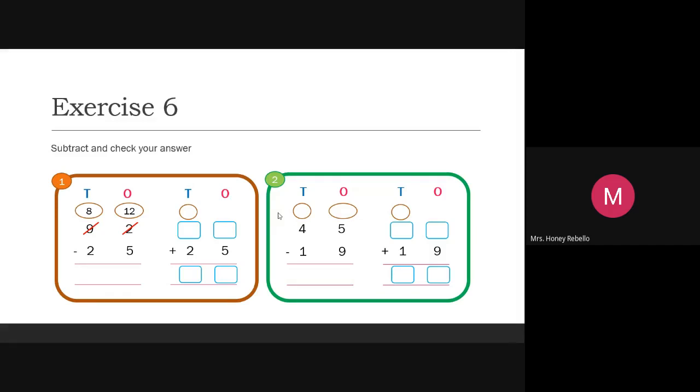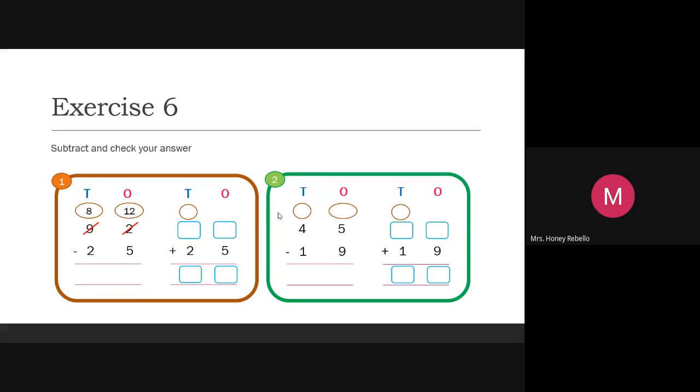Greater than. Okay, bigger. You cannot take 5 from 2. So, you have to borrow from 10's place. So, 9 will become 8, 1 less than the given number. And 2 will become 12. Don't write 1. You have to add 10 from 10's place. Always keep in your mind. 10 plus 2, 12.